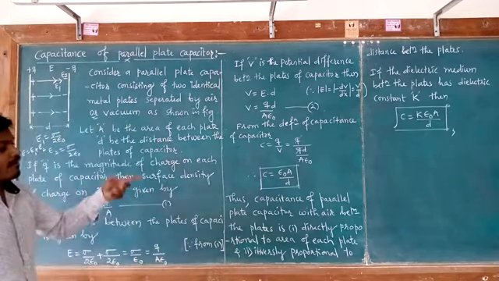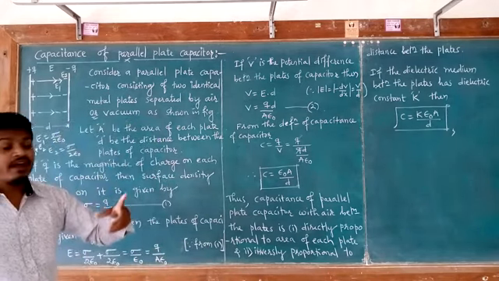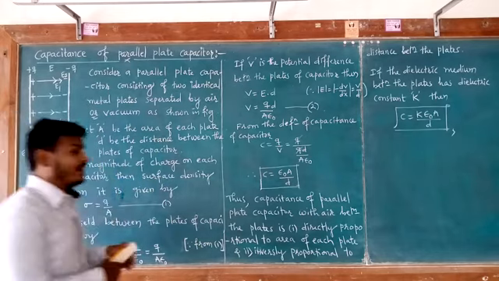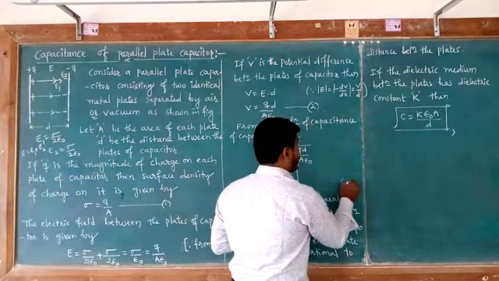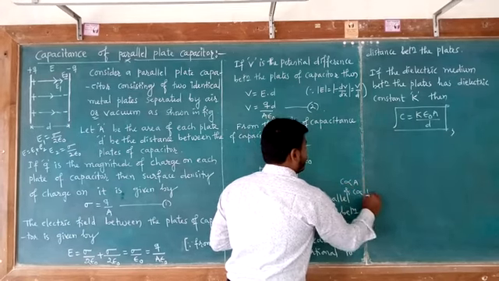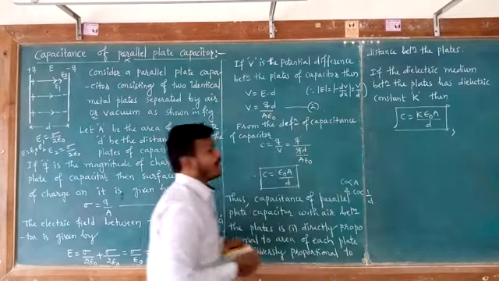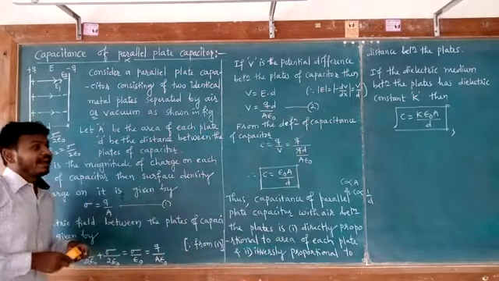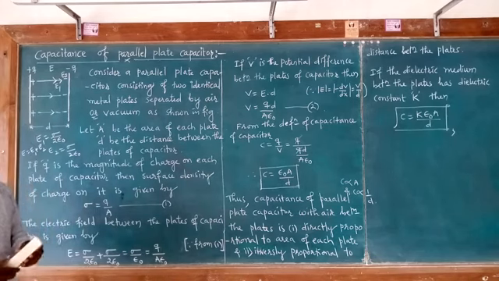This is what the term is about: C is proportional to A and C is proportional to 1 by D. That is, we can write C proportional to A, and C proportional to 1 divided by D. And one more parameter we have, that is, if the dielectric medium between the plates has a dielectric